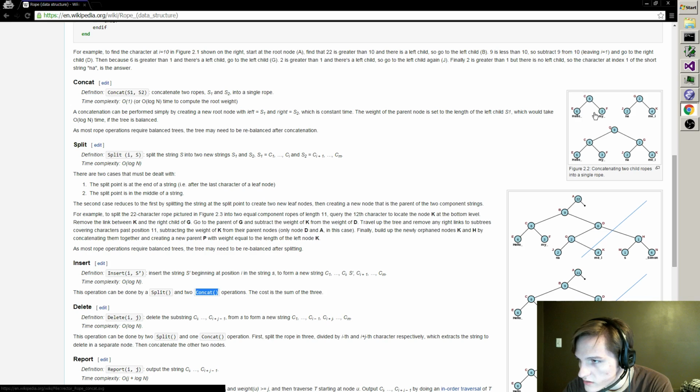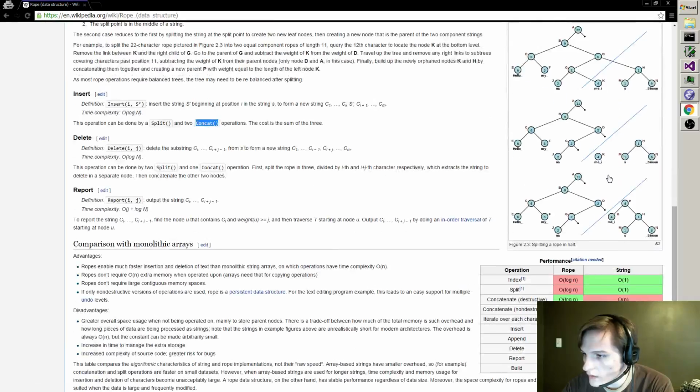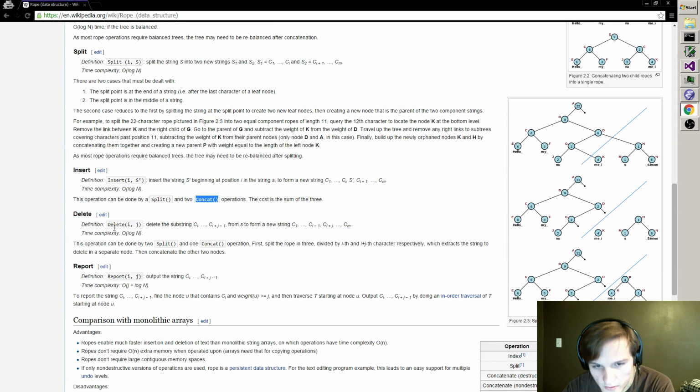Concatenation's pretty easy, isn't it? You just take the two nodes and you make a new root node above them, and that only leaves the question of how do I do this split,